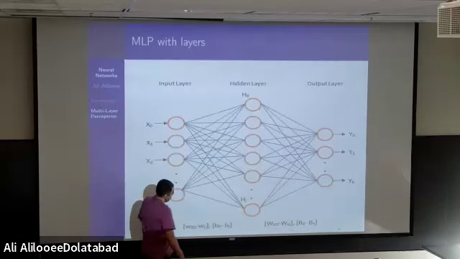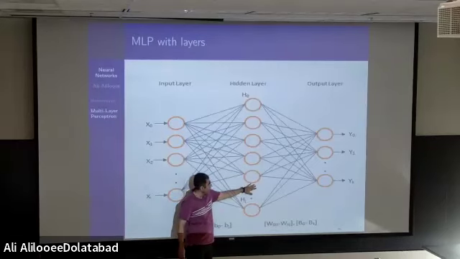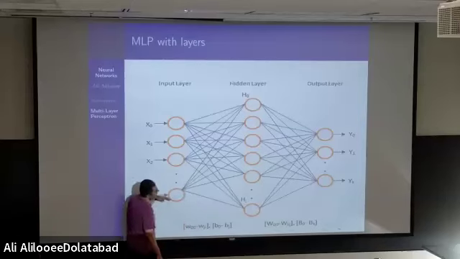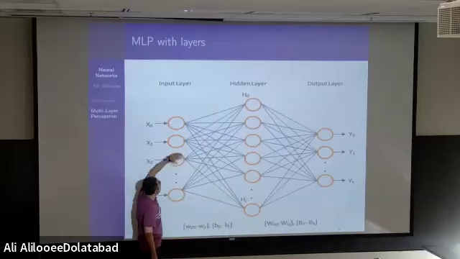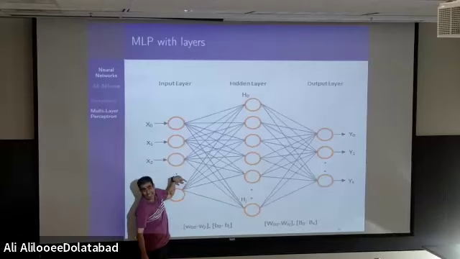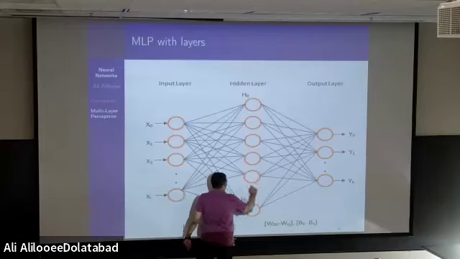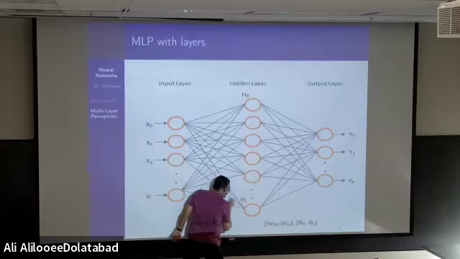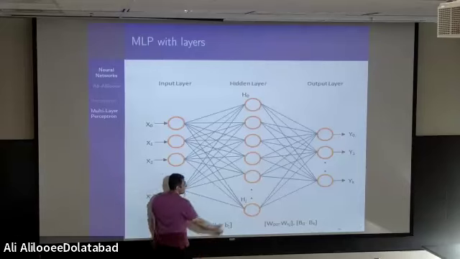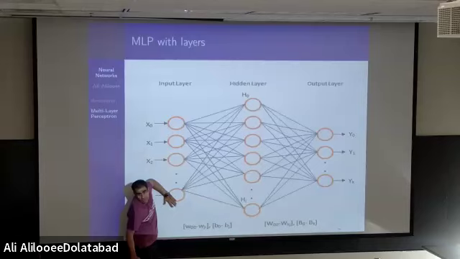For example, if you consider this guy, it is one neuron. This neuron is receiving information from all neurons from the previous layer. See, that's the reason that this model is called fully connected. I think fully connected is a very nice name. Makes sense why it's called fully connected? Because every neuron in one hidden layer receives information from all neurons from the previous layer.